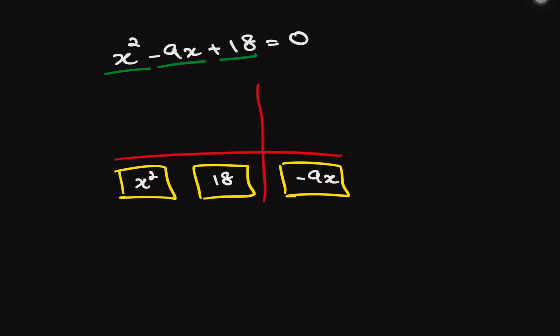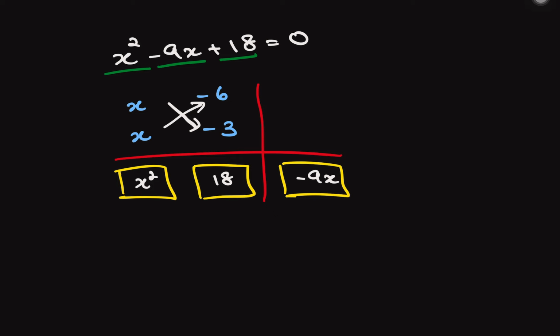the right hand side. For the next step, what we're going to do is to find two terms that when they multiply by each other, you get x squared. And you can put it as x times x, where we get x squared. And for 18, you can put it as negative 6 times negative 3. Now, for the next step, what we're going to do is to cross multiply diagonally,